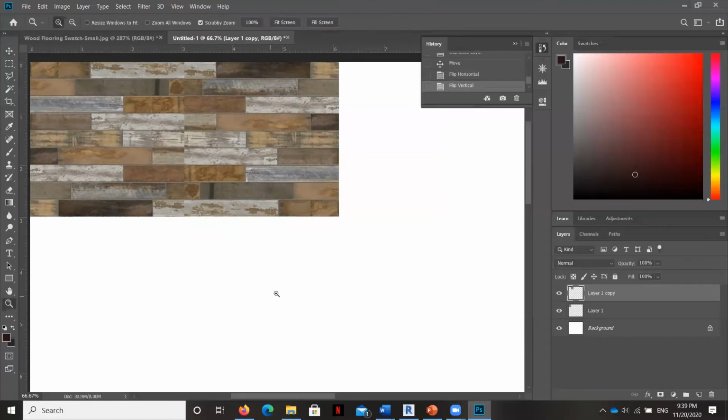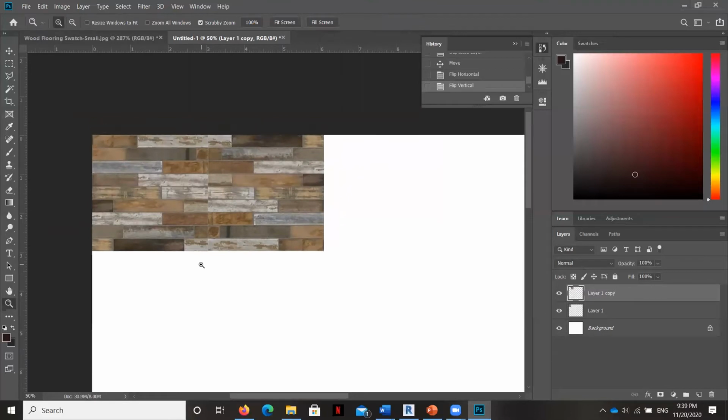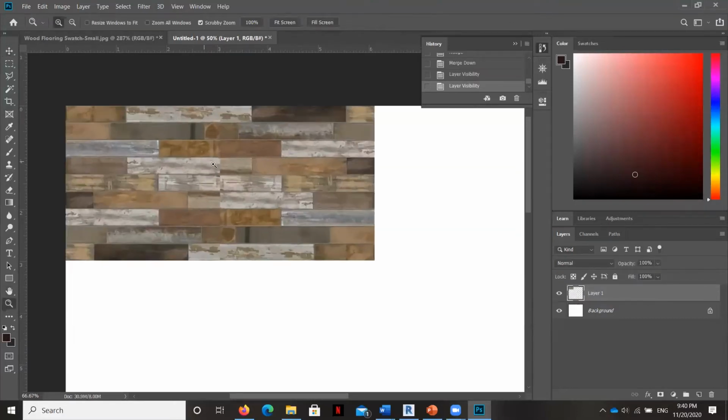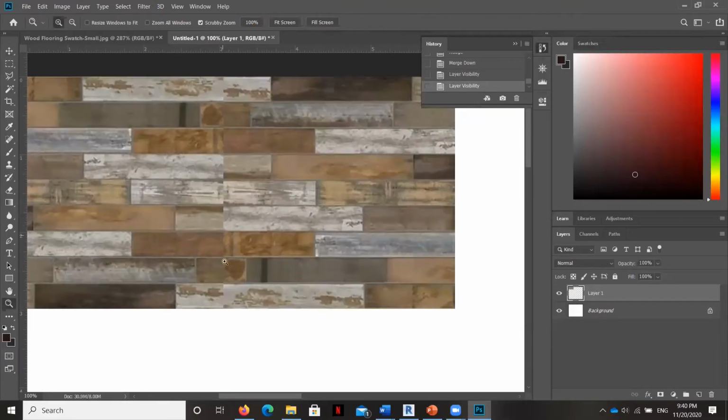Now, once those two pieces are in place, I can start to show you some of my tricks to finesse these images. I'm going to begin by right-clicking and merging down, and that makes those two layers that were separate. Now they are the same layer. See, I can turn them off and on. All right, now I'm going to zoom in and teach you how to do a couple of commands that will blend this edge a little bit here.